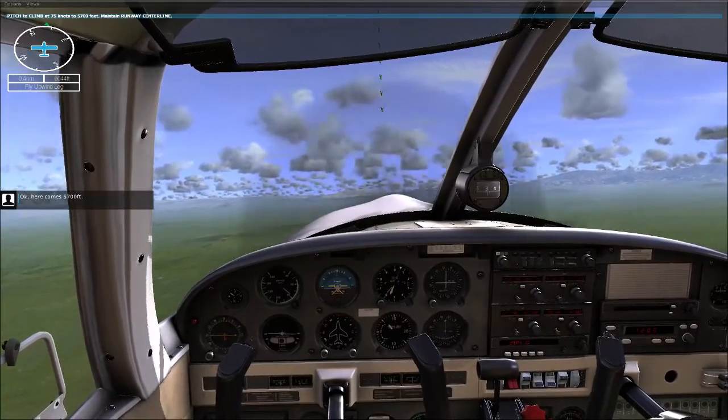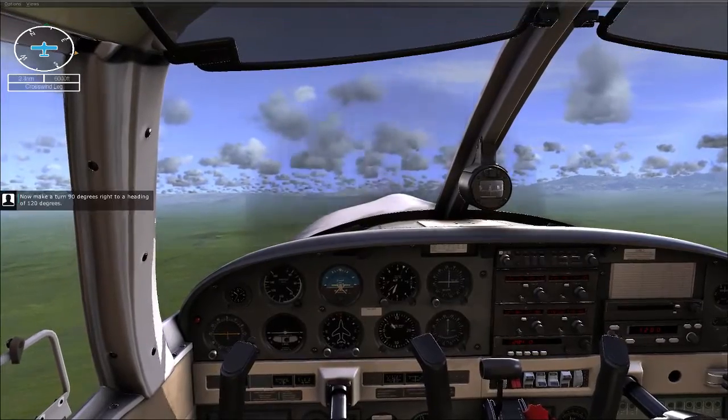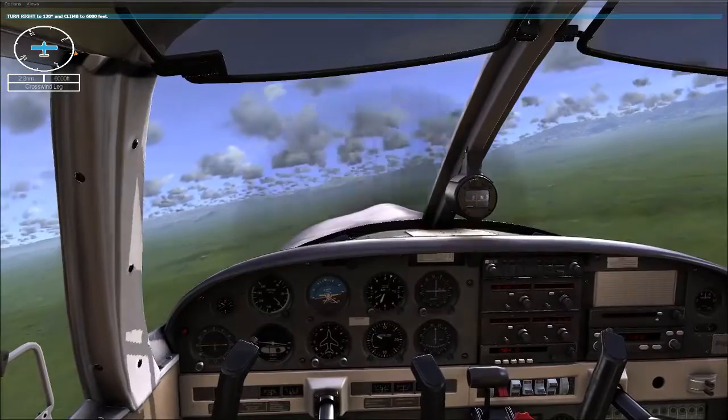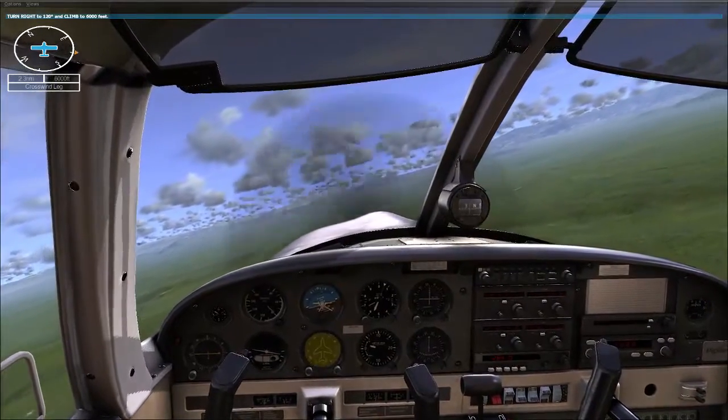Okay, here comes 5,700 feet. Now make a turn 90 degrees right to a heading of 120 degrees. 120 degrees.